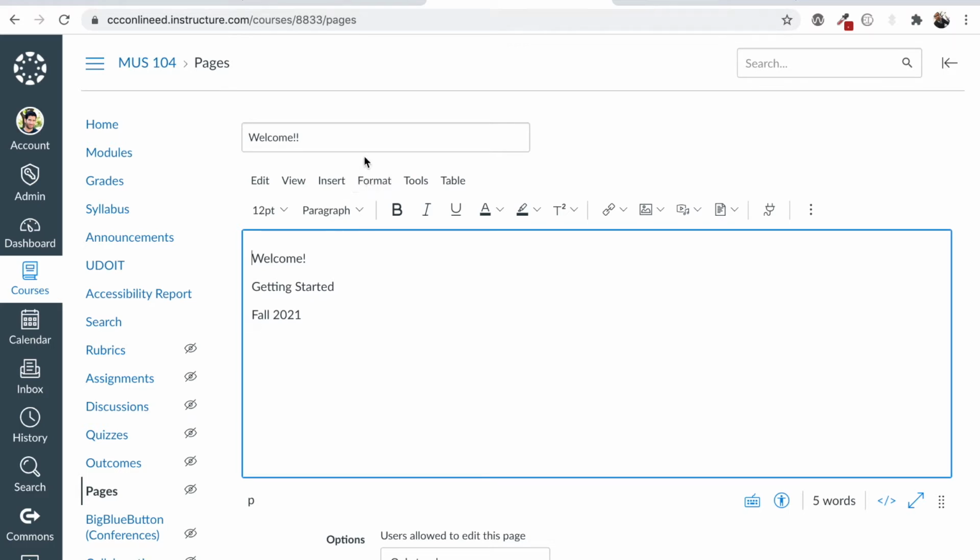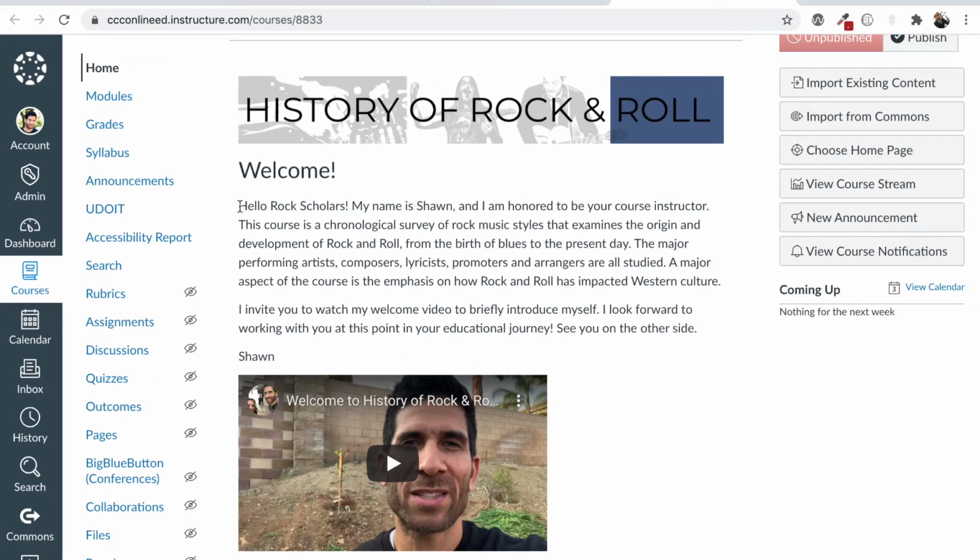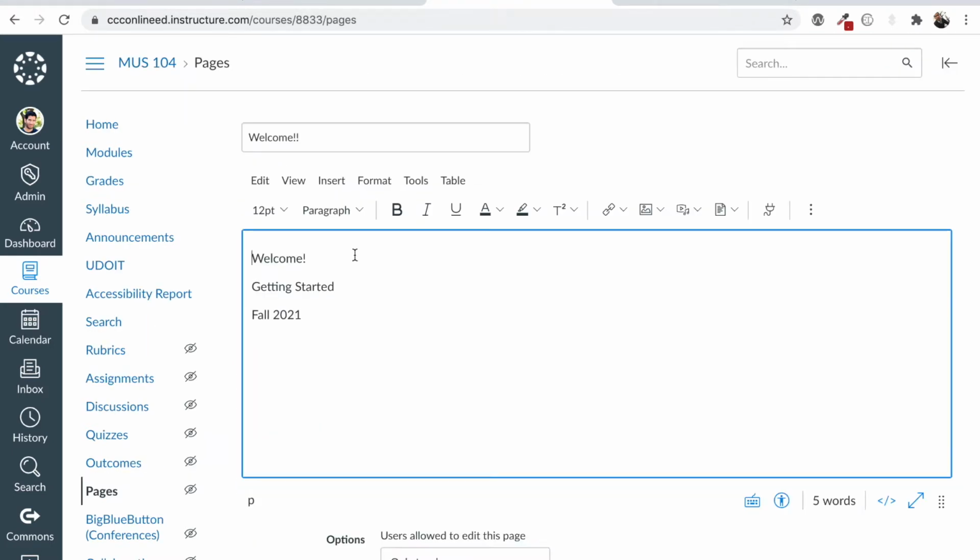All right, so I will continue, and the next text that I have here, you can see I have a paragraph, I have another paragraph, and then I have my name on a line of paragraph text. So what I'll do here is I will go ahead and just select all this text, and I'll copy it, and I'm going to show you that I'm going to put this on a new line of text. So I'll put the cursor at the end of welcome and press the return enter button.